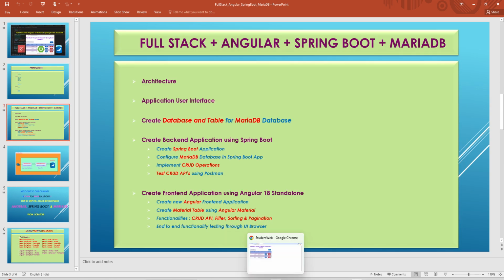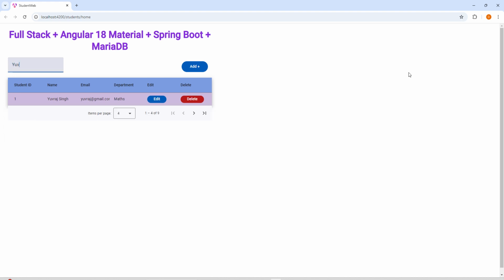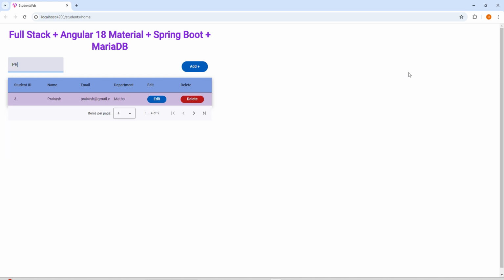Fine. So without any further ado, let us jump into our actual points. First, we will see our user interface. Now, this is what our user interface will look like. This is the header part, and this is the search filter through which we can search our data. Let's say we can search for name and for email as well,